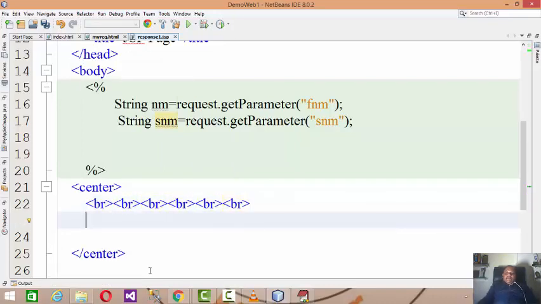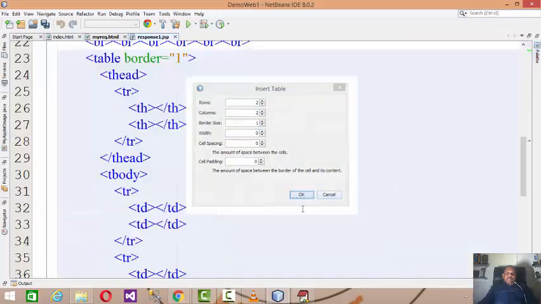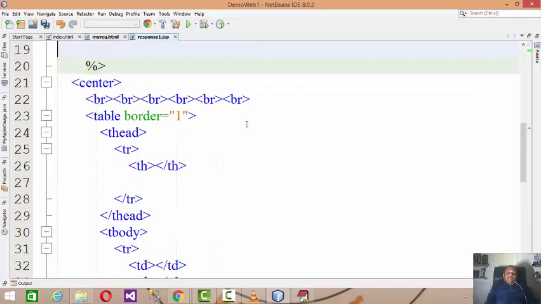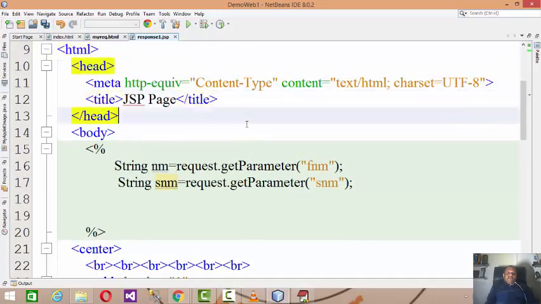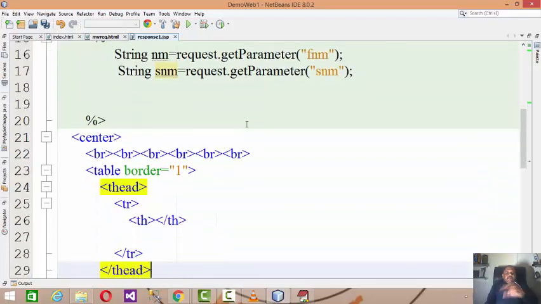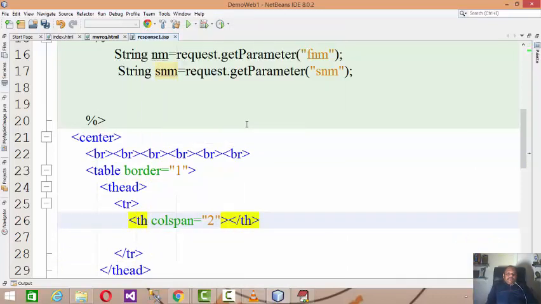Then you use a table tag, maybe you go with a background color also, whichever background color suits you. You add it. Here I am writing the server side code. Table head, colspan to, posted data to server.